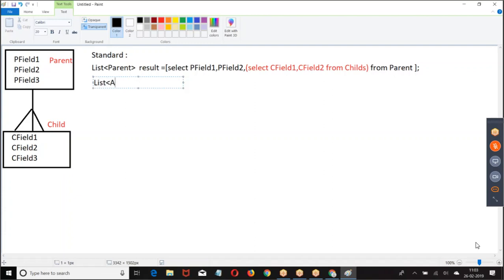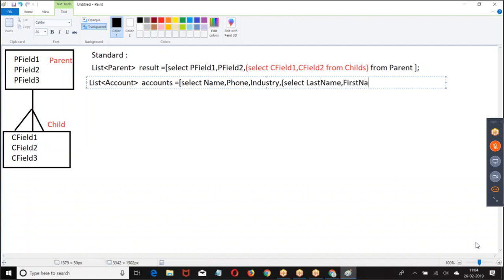List of account, account is equal to select name, phone, industry, select last name, this is very good.